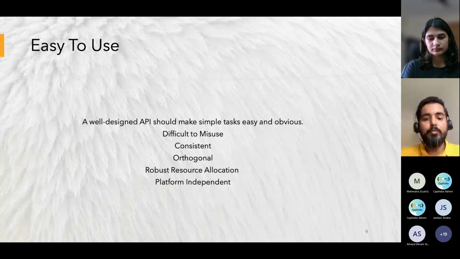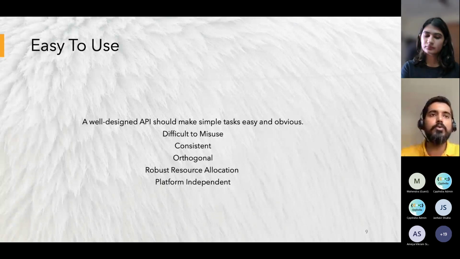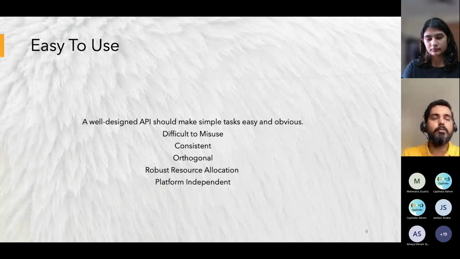And in your API, don't add any kind of platform specific code. Try to avoid that. If you have to do something, do that in your internal part, but whatever public headers you are exposing, don't put platform specific things there. Otherwise it exposes that there are different APIs for different platforms, so the user will have to take care of that. If your library is something like that, hide it behind your APIs. Okay.